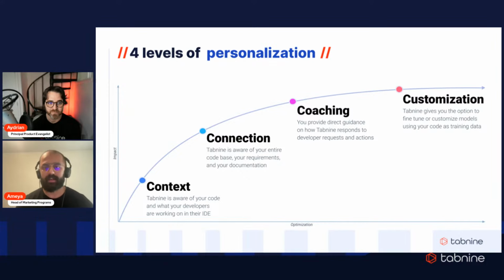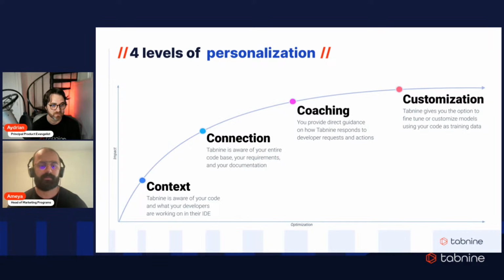Yeah, let's go on to the next level of personalization, which is connection into your code and knowledge bases. So this is currently in private preview with Tabnine Enterprise customers. And what this enables you to do is if you're a Tabnine admin there, you can connect it to organizational sources of information. That includes code repositories, design documents. Jira tickets is coming as well. You can see a sneak preview of our Jira to Code agent on our website right now. And what you're going to get from this is another increase in relevance of code recommendations, code explanations, test generation, documentation generation. And something else that's coming soon, as I alluded to earlier, is a Jira and Confluence connection as well.